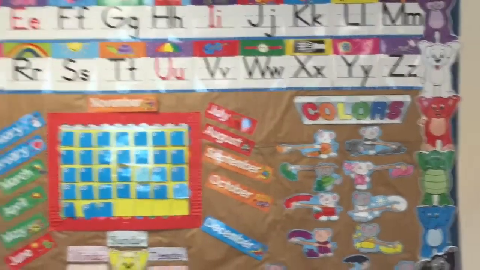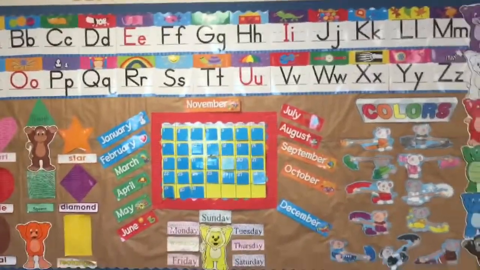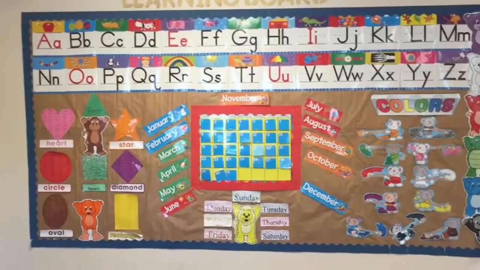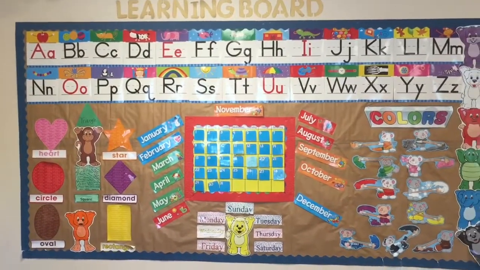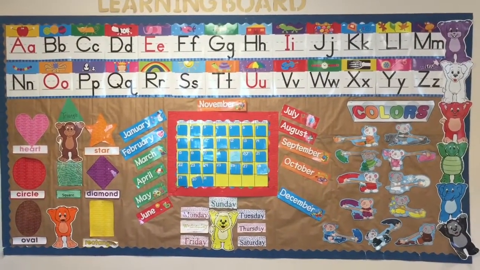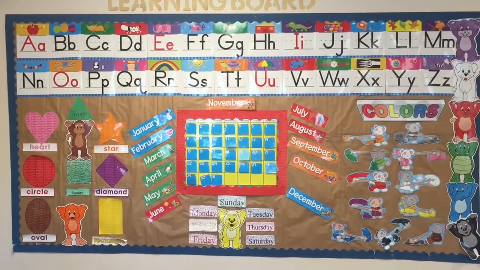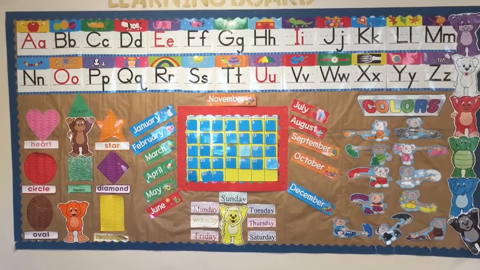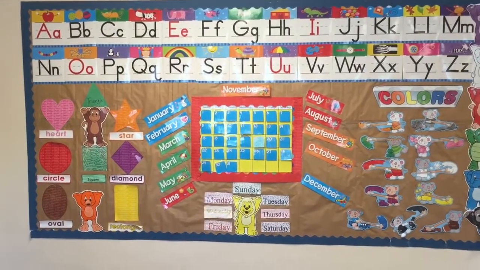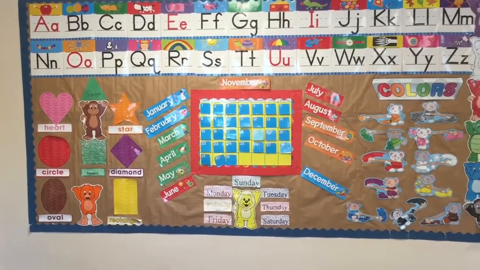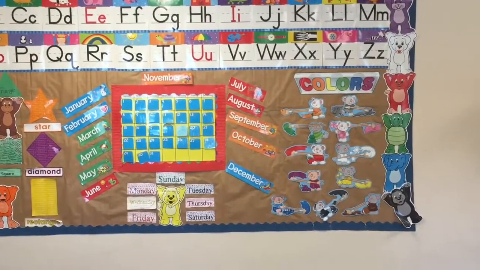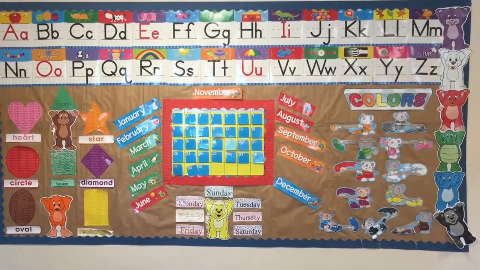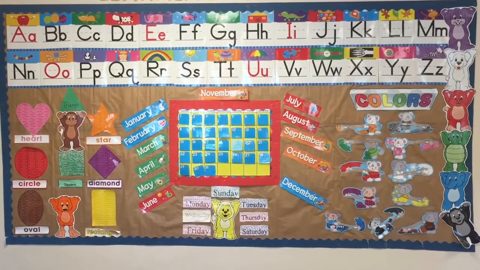Every single morning, you want to ensure that the children are learning based on rote. Rote is where they go through alphabets from A to Z. They can do it in a song, finger play, and then they do it by recognition. And then every day you go through and make sure they know their shapes, their colors, and the days of the week, and also the months. And all this is done by rote, which means by